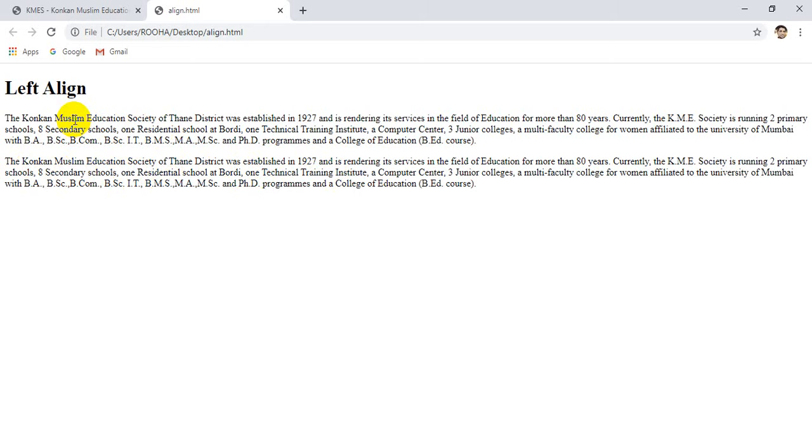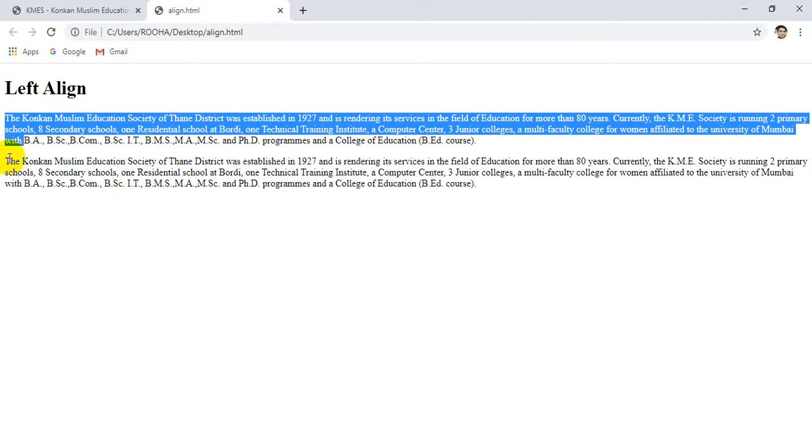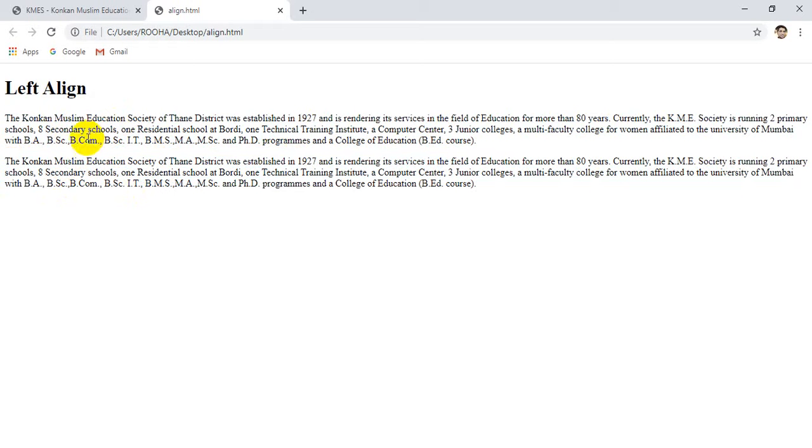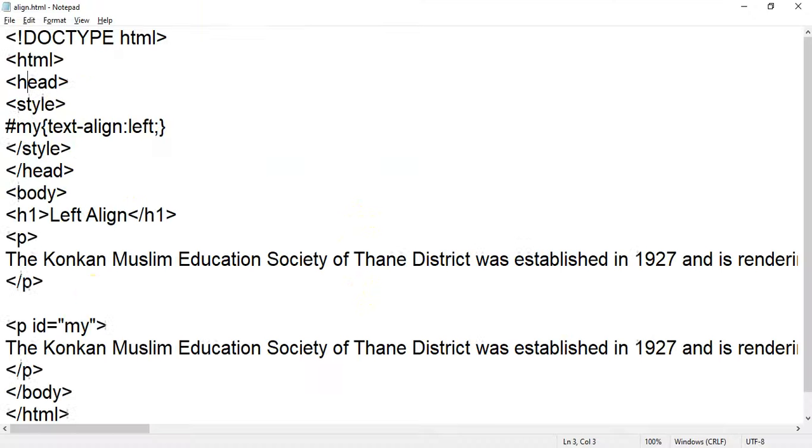Most browsers set left alignment. So the first paragraph is coming from the default, and for the second paragraph I have given left. Because of that default property, there is no change. If you want to change to right, you have to mention it.